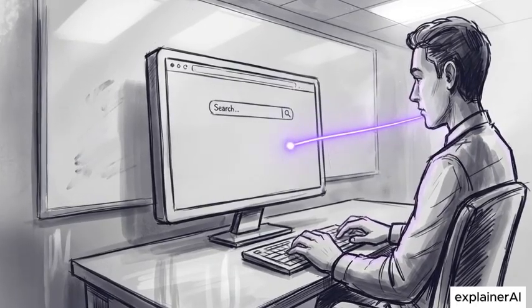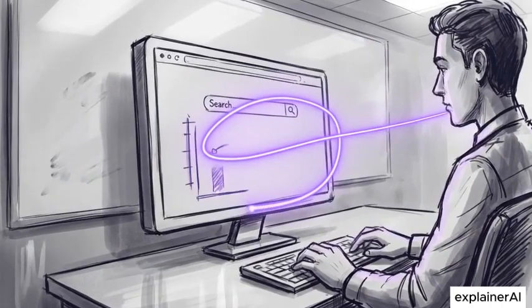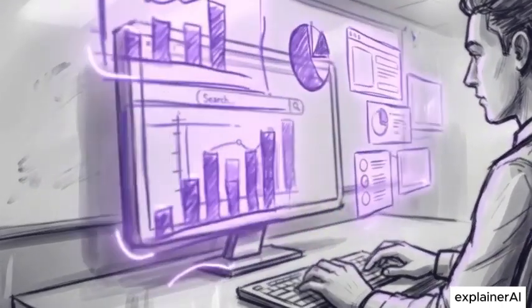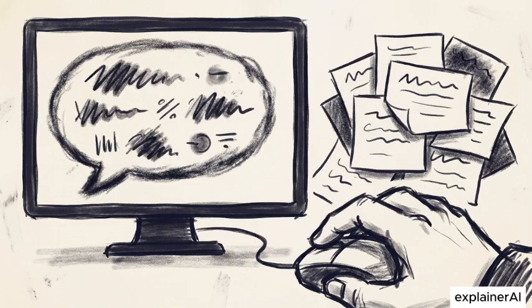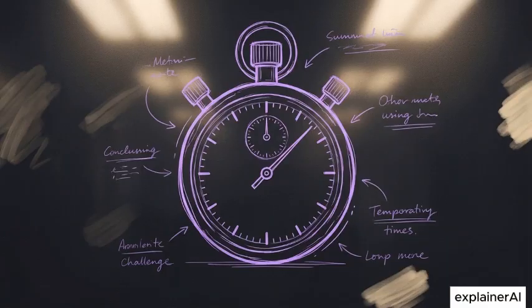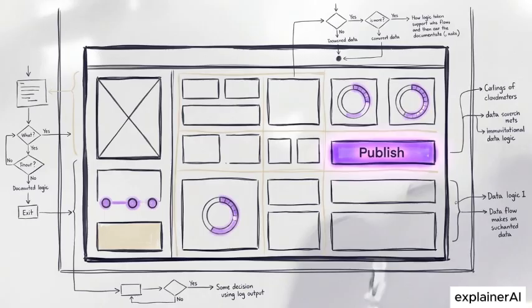Most people use AI as a search engine that talks back. Today, we are going to use it as a software engineer. But beginners usually fail because they treat the chat box like a basic search bar. They type vague questions and receive nothing but generic, static text. We are changing that. In the next 6 minutes, you will build and publish a fully functional, interactive web application